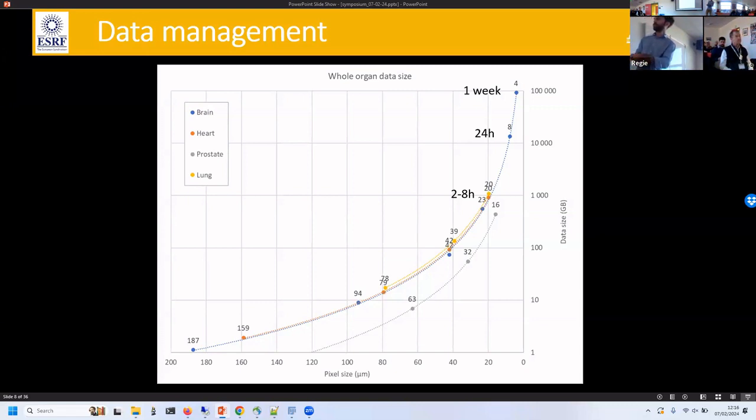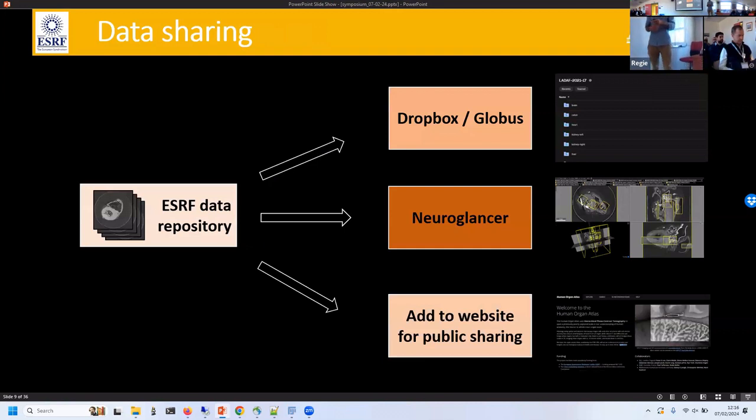So in routine, we image the organs at 20 microns now. It's around 1 terabyte of data for a brain or a heart. We already image the heart and the brain at 8 microns, but it starts to be 15 terabytes of data. So it's quite difficult to manage. That's something to think about: if your system is capable of handling the data, how to work on this. Once you have your volumes reconstructed, they sit on the ESRF repository, and we have 3 ways